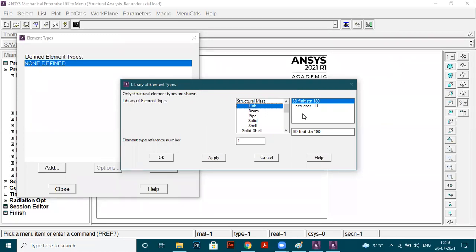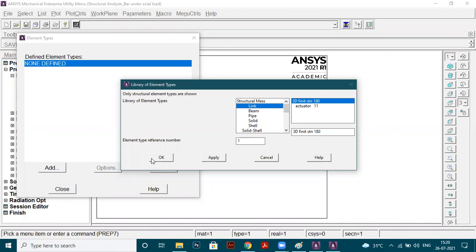As you gain more expertise, you will also be able to select the elements directly. I'm selecting link 3D finite STN 180 because this element has all the characteristics required for structural analysis.